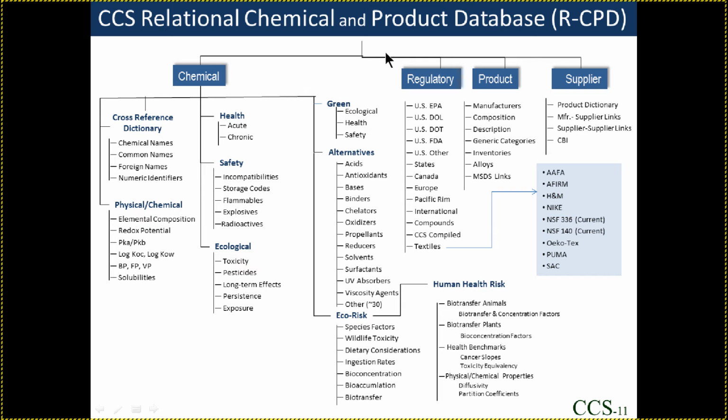So I'm not going to go through these complete in detail, but let me simply say that we have a chemical and product database at about 80 million data elements. As you can see, it includes the chemical regulatory product and supplier data tables. In the next chart, I list some of the details,